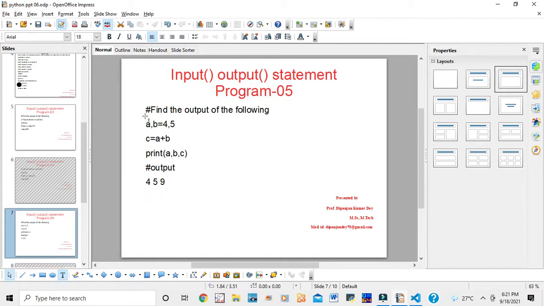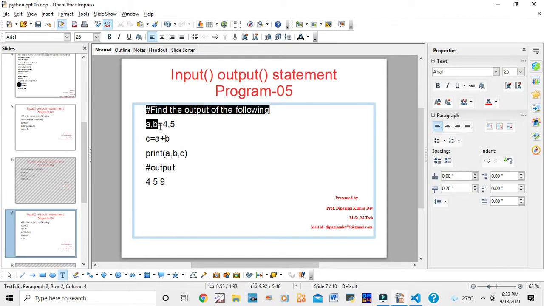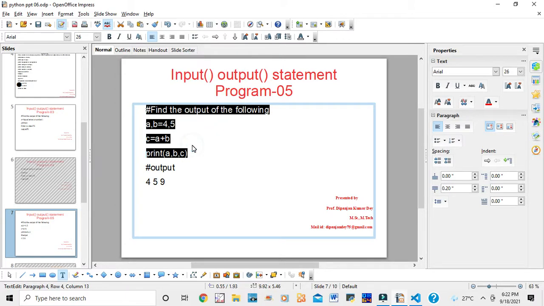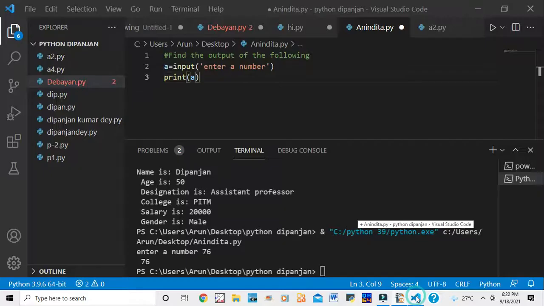So 4, 5, 9. You want to see, suppose I am just pressing enter, then here I just copy this, then I'll run this program. Taking the copy, I go to my VS Code.